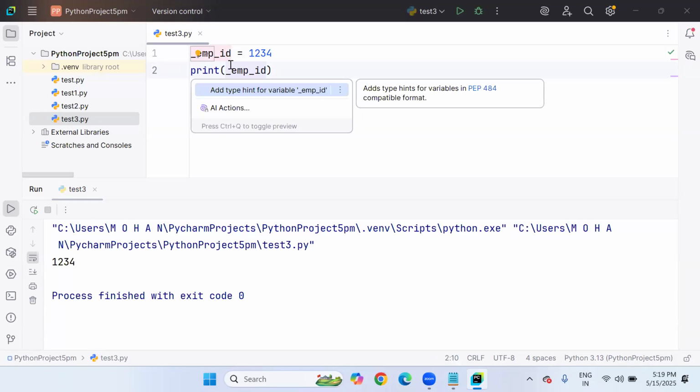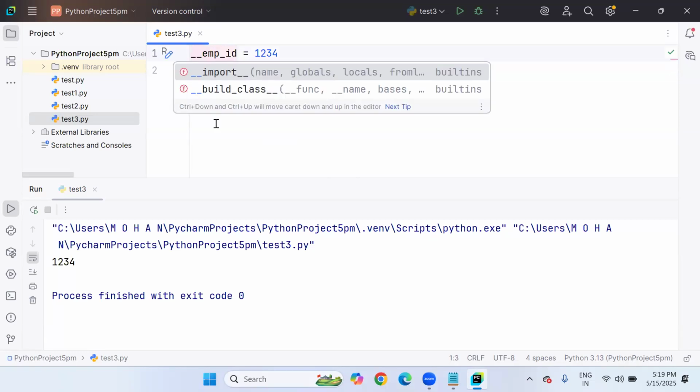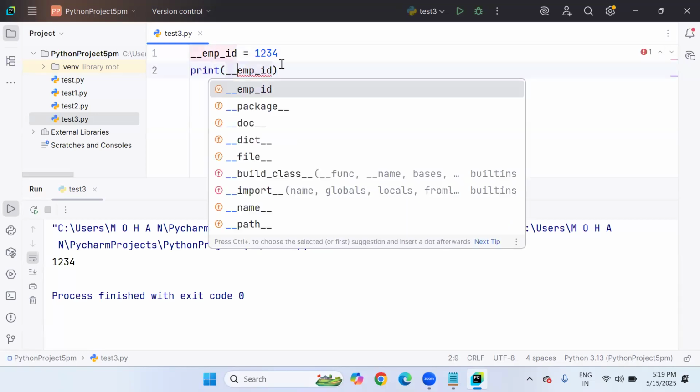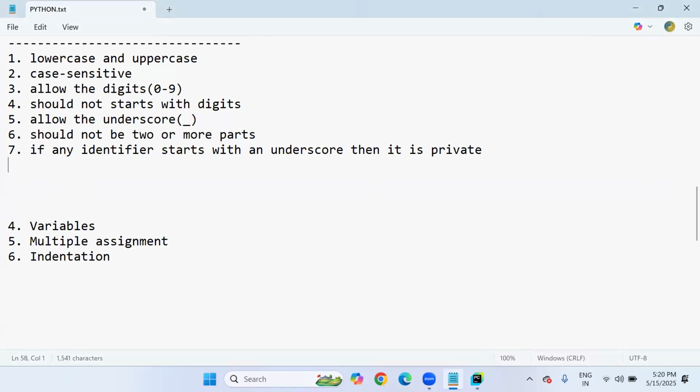If the variable name does not start with any underscore sign, this is public. Public means access from anywhere, no restriction. But sometimes for security reasons, we need to restrict access to our variables. That's why we define variables as private. Symbolically, the variable name must start with two underscores like this. I'll tell you later in object-oriented programming, while working with classes and objects, in what context we go for private and public. Okay, fine. Next, the last rule, which I already explained yesterday: